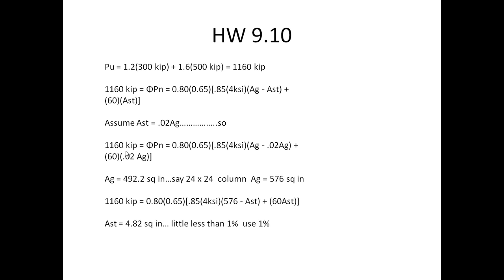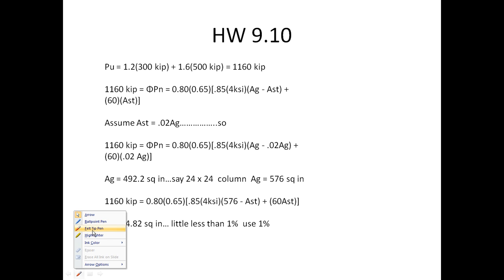The second homework problem that I'm going to show you in chapter 9, and again, this really isn't a design problem, but they call it a design problem, is just really applying that formula to determine the gross area of the column and then also the area of steel. In this case, it gives us a service dead load of 300 kips, and a service live load of 500 kips. So the first thing you have to do is go ahead and factor those via the load combinations, and I do that in this first step up here,